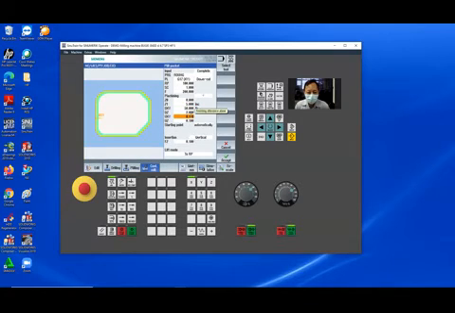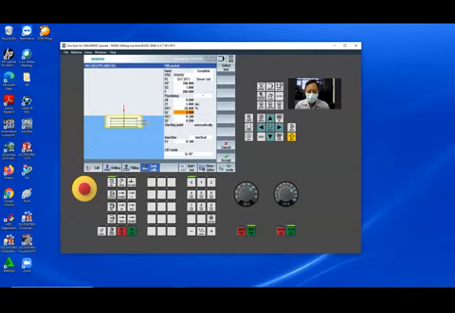Allowance in the XY. Allowance in the Z 0. Okay. Starting point automatic. This is new for you. Use helical. You see this? And then, okay, accept.